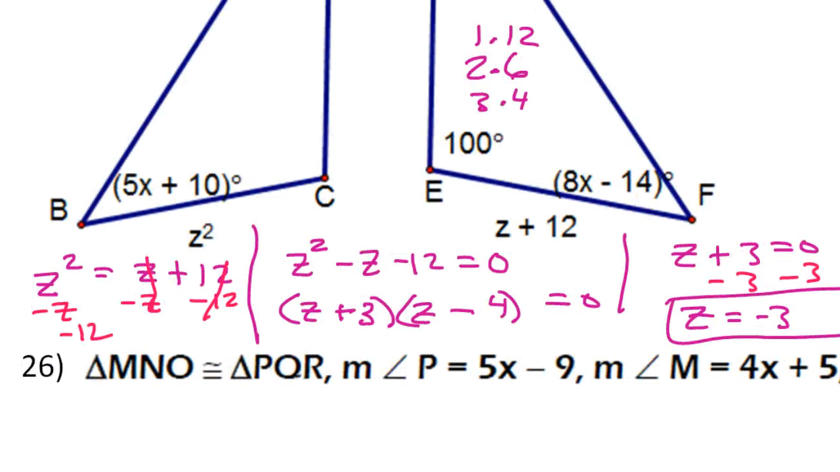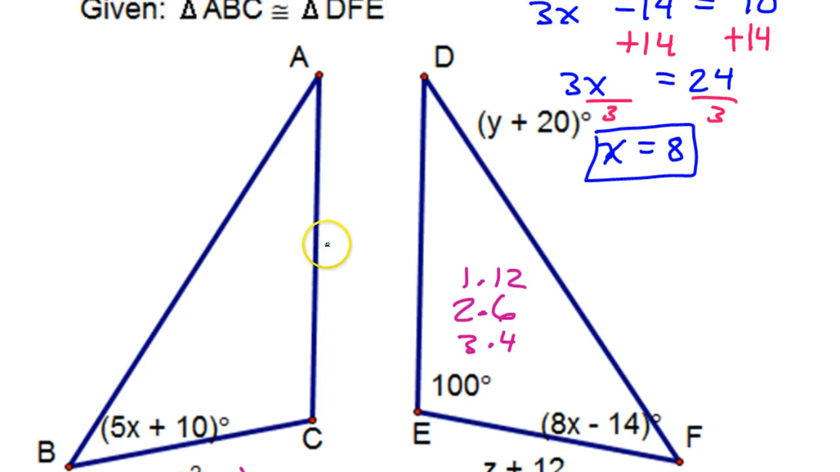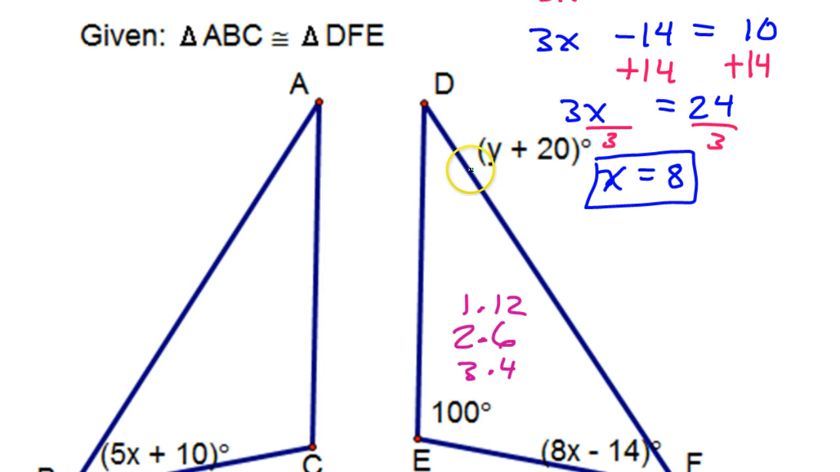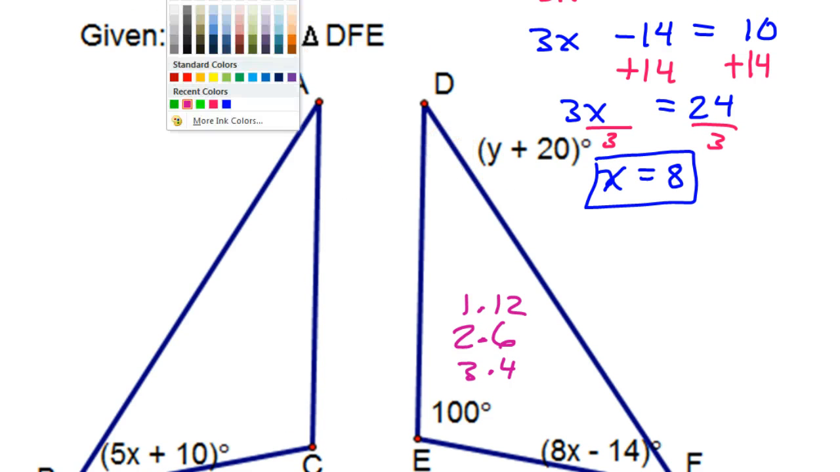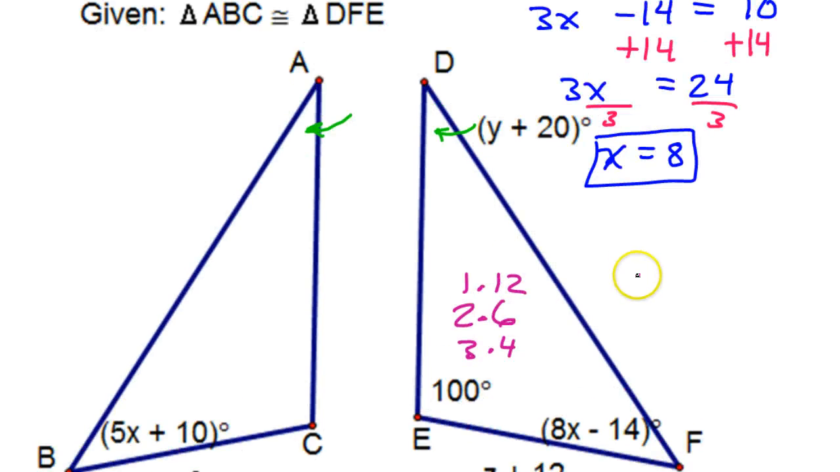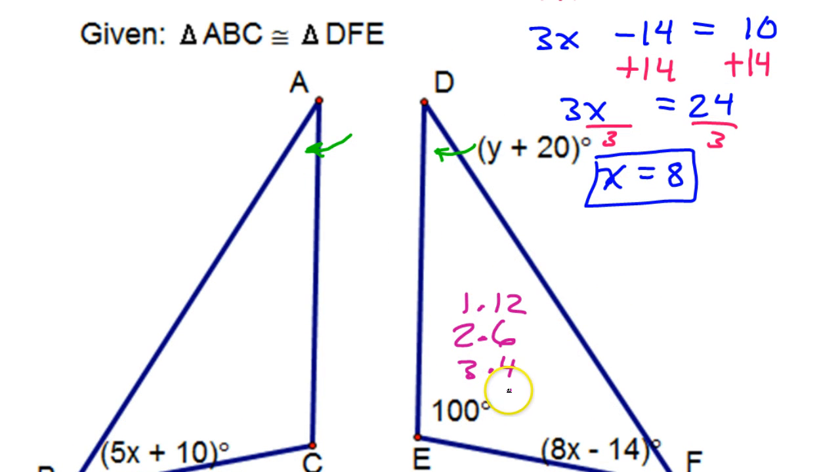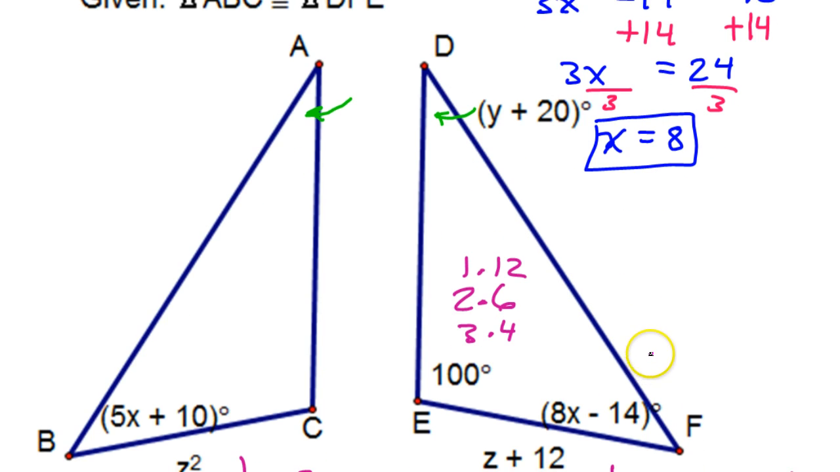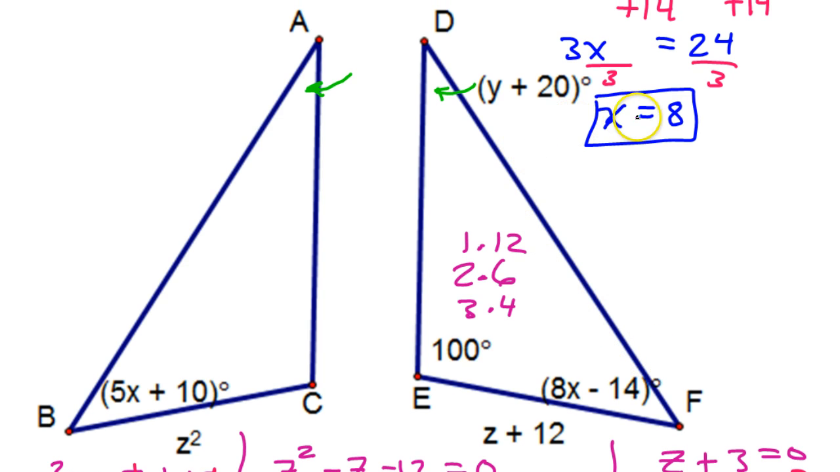Now for our y value, we're going to have to do a little bit more work than this, because the y value seems to refer to this angle right here. And the corresponding angle is here, and we don't know it. So what we're going to have to do is figure out what the angles actually are. And we can do that by plugging in the value we got for x. If x is 8,